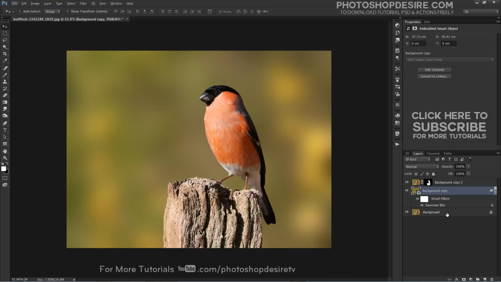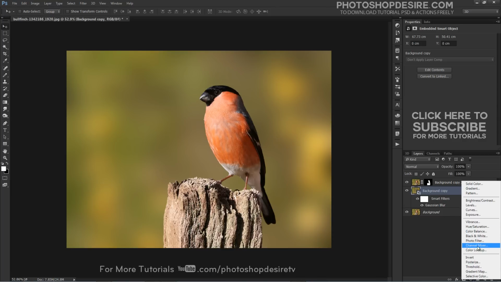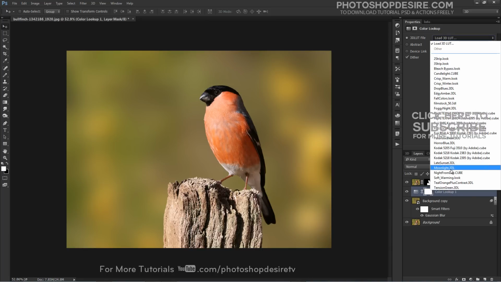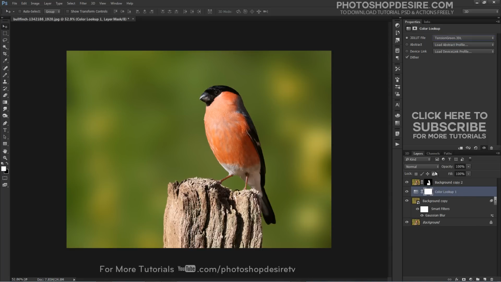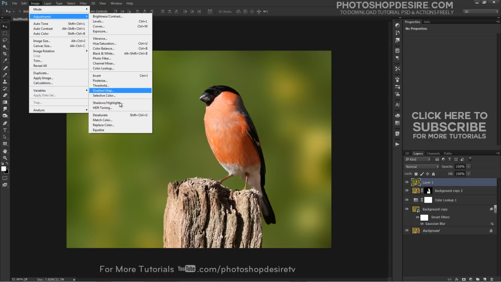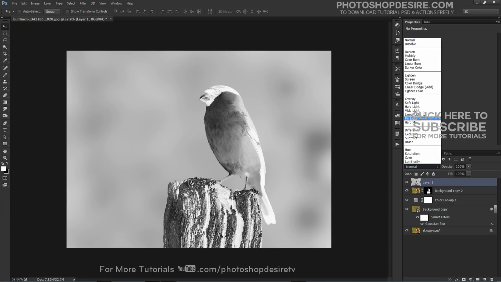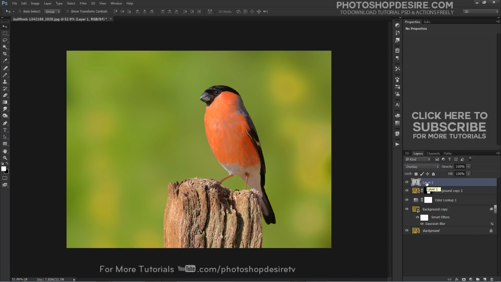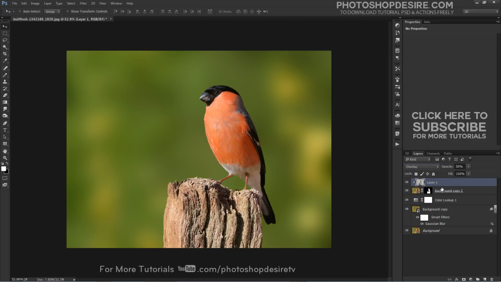And finally, I will add some basic adjustments to make the image more beautiful. Here are the before and after results.